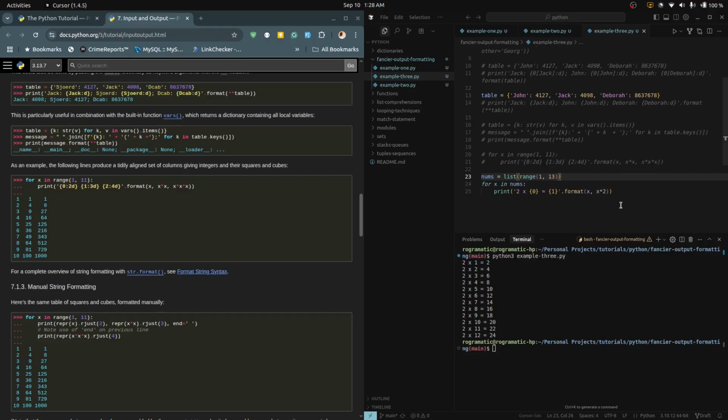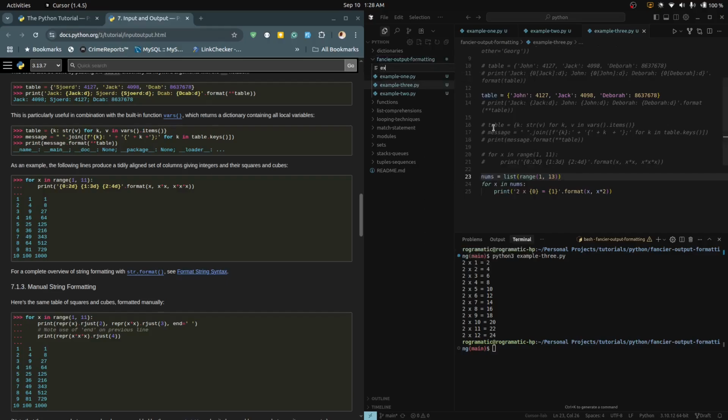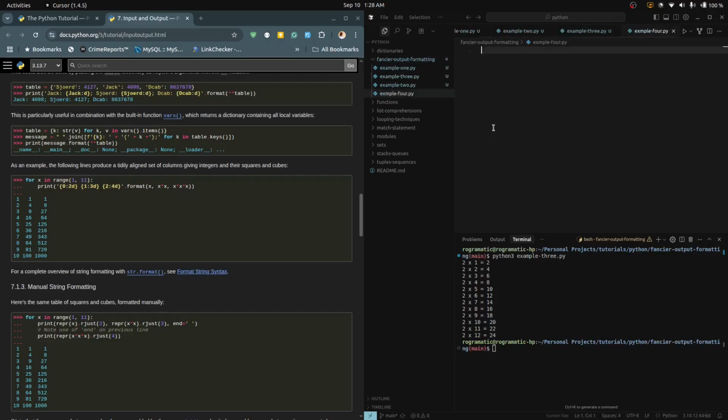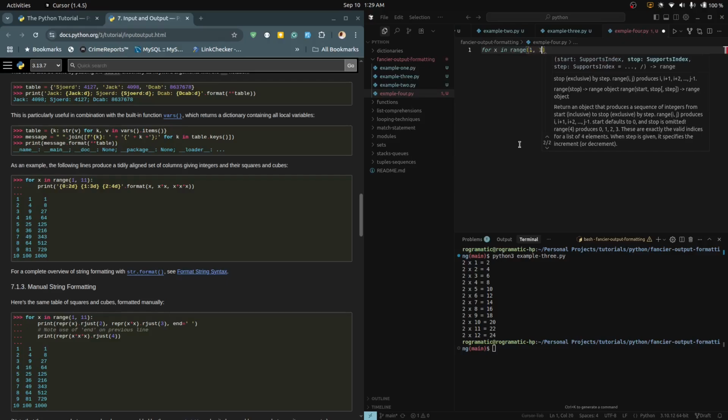The last but not the least way that we can format strings is by manually formatting those strings. So let's create a new example file here, example4.py, and here we can do this same example that we just did, but this time around we are doing it manually. So we'll say for x in range of 1, 11,